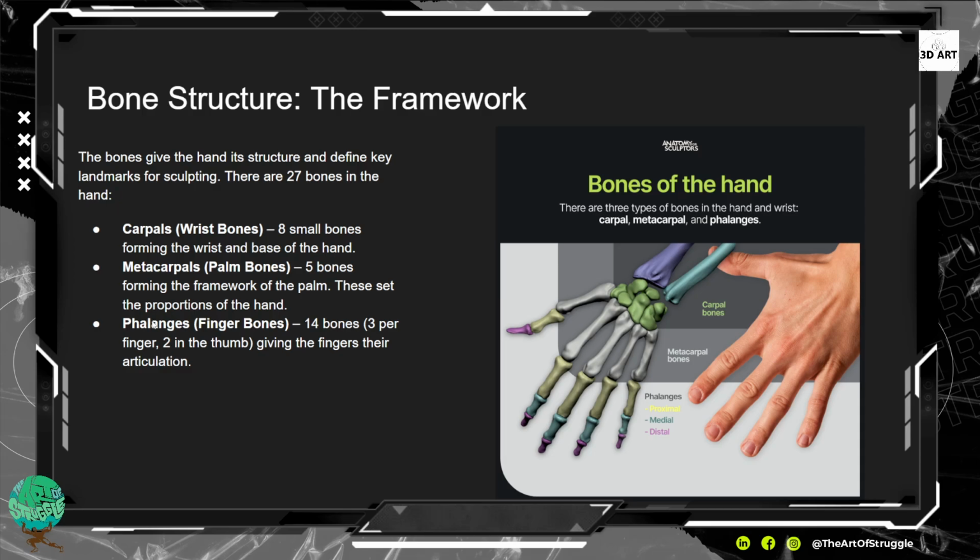The phalanges, right? Your finger bones. We have 14 bones, 3 per finger, 2 in the thumb, giving the fingers their articulation. And when they say articulation, they mean movement, right? Articulation just means movement. How does it turn, right? There's different types of articulation, all right? So when I say articulation,